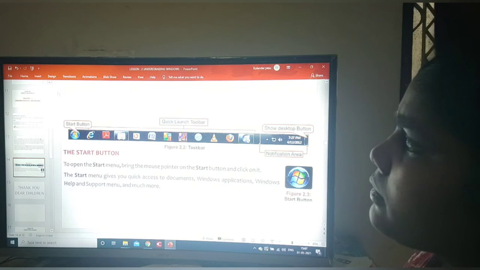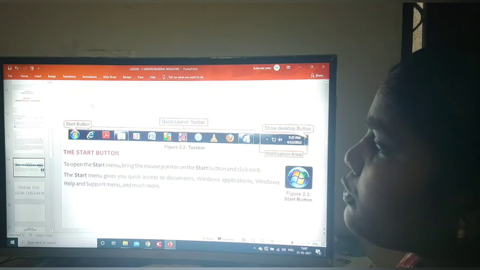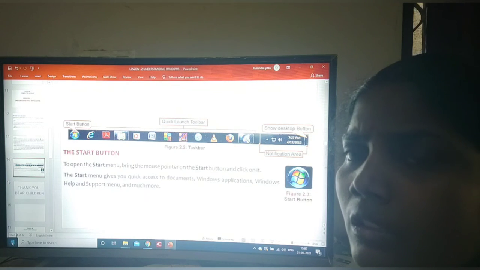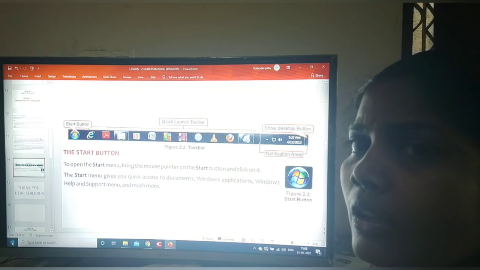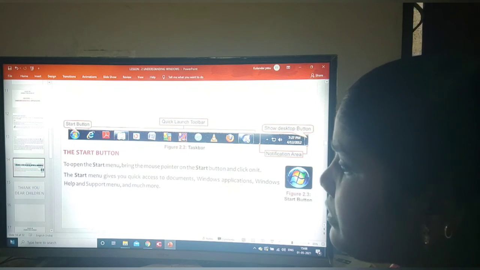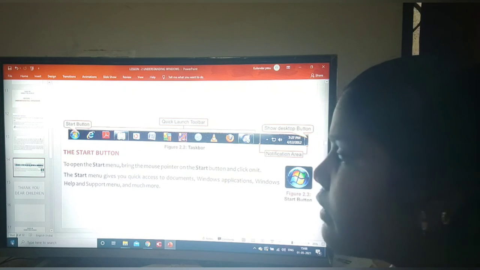Here this is the mouse pointer. Now I want to open the start menu, so I click on the start button, and then it will open. If I click on it, the start menu will appear on the desktop.